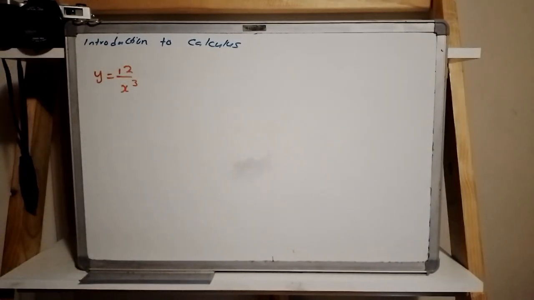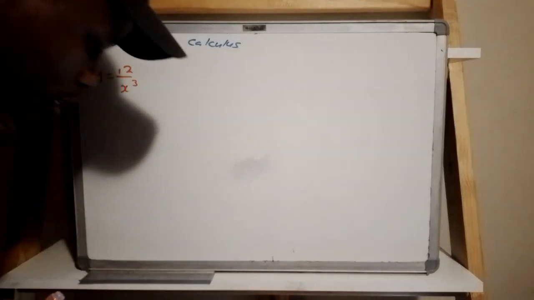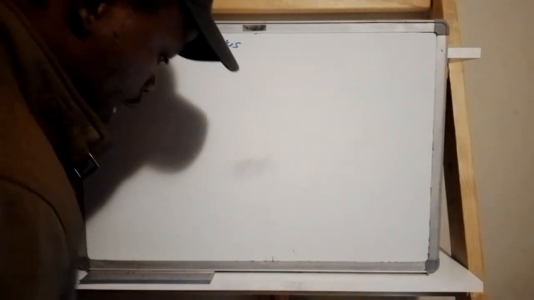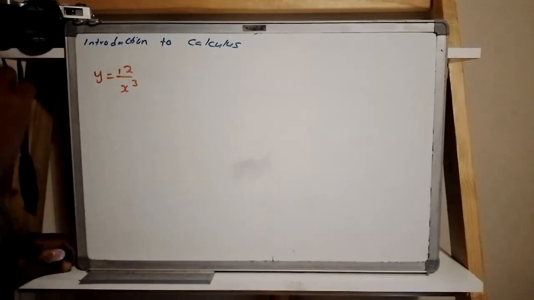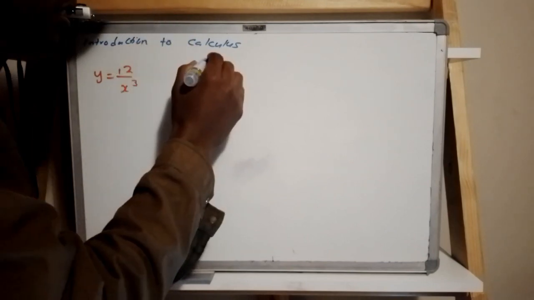The first thing that you need to do, there are 3 basic rules that you need to know when you differentiate. These are the secrets. These are my secrets. I'm giving them to you. Right? There are 3 basic rules that you need to know. The first,